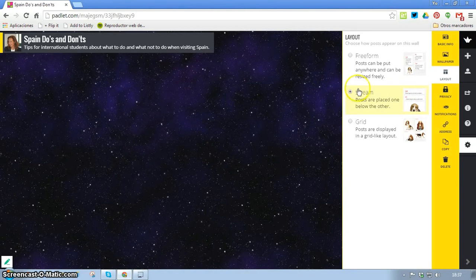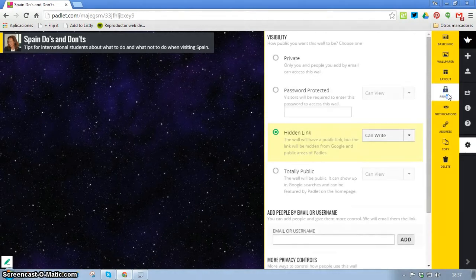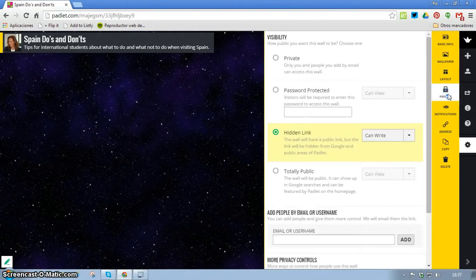So once we've got the layout, we can customize the privacy, the visibility of our wall. We can decide if it's going to be a private wall, only you and the people you add by email can access the wall. We can go for a password protected wall. For example, if we are working with underage students, that might be a good idea. We can choose that